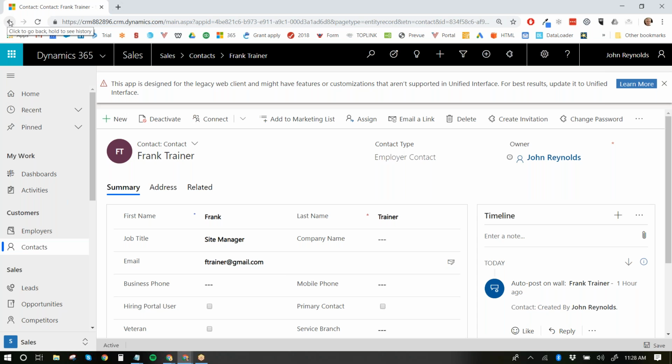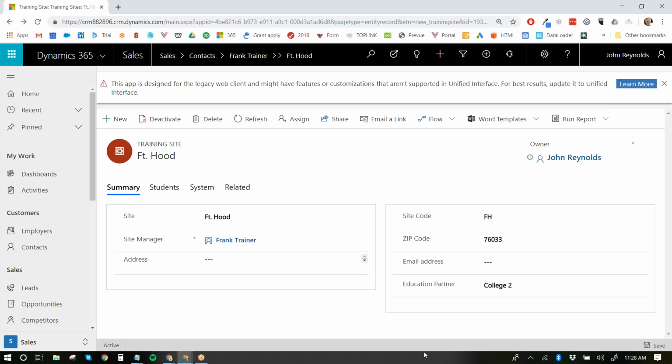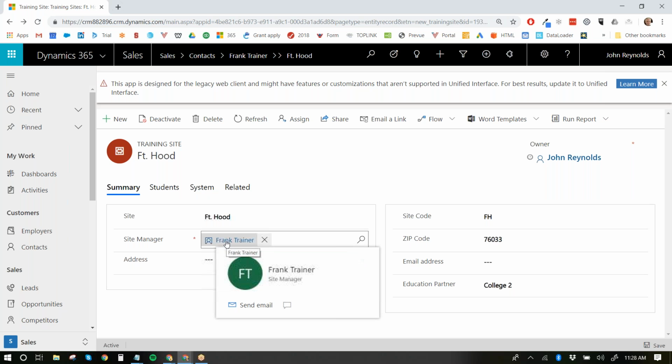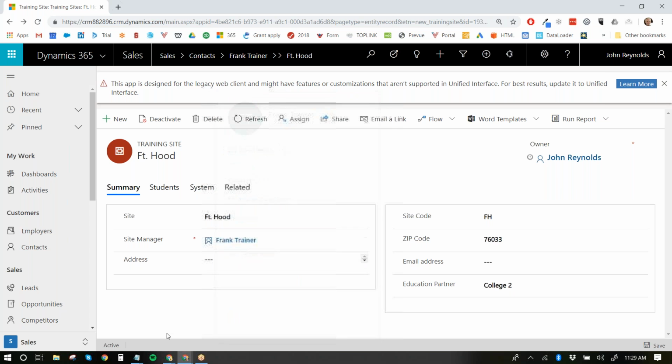Now, if we go back to the site, you see that the email address should be filled in automatically, because it's related to the contact here, but it's not, and I don't know how to do that. But that's the idea. That's basically what we're trying to do here. Okay, I'll look into it, see if I can get it done.